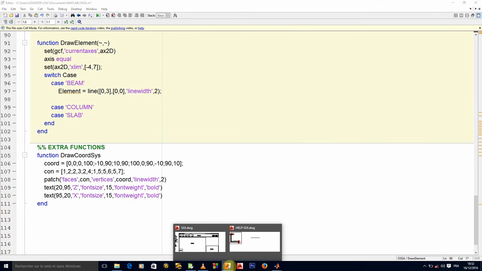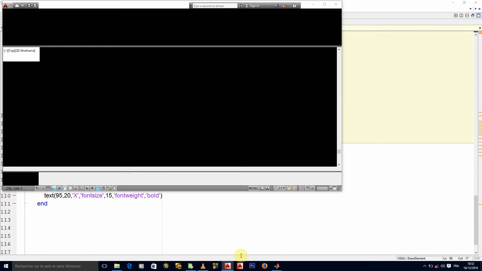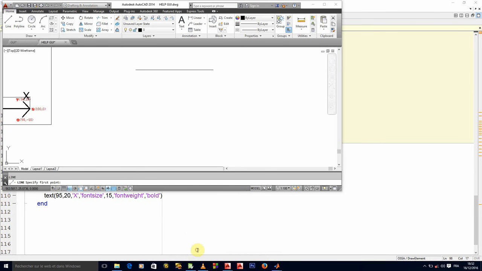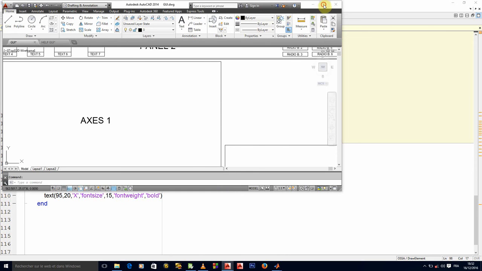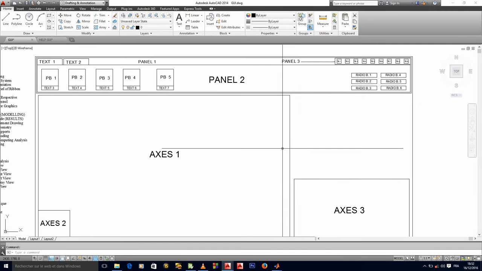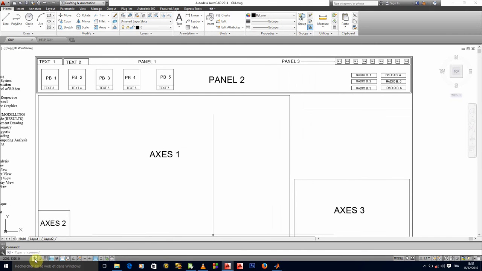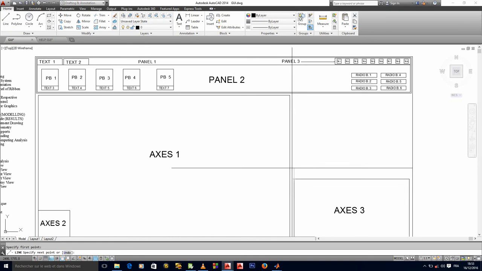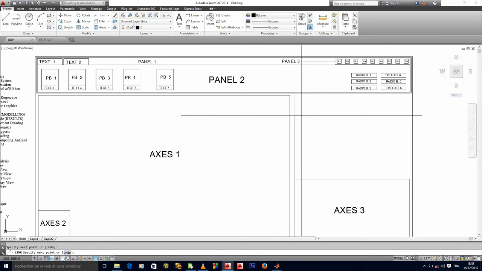So the position of the text. So I would like you to start somewhere here. Okay, I'll have the title.